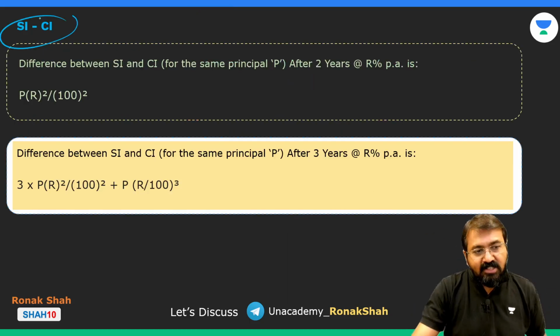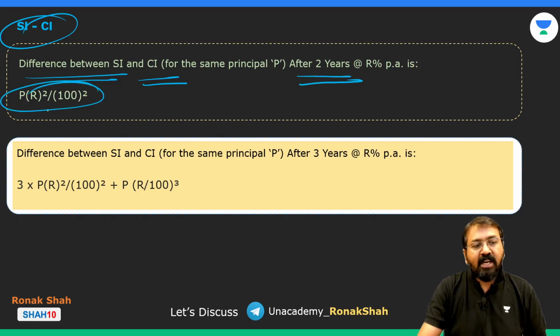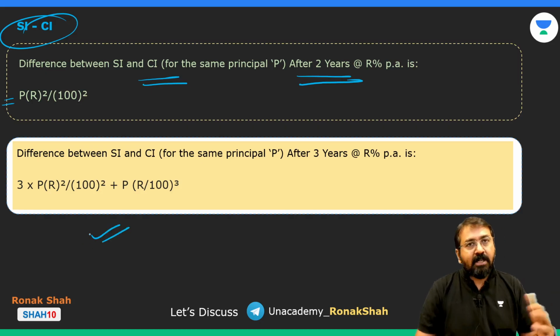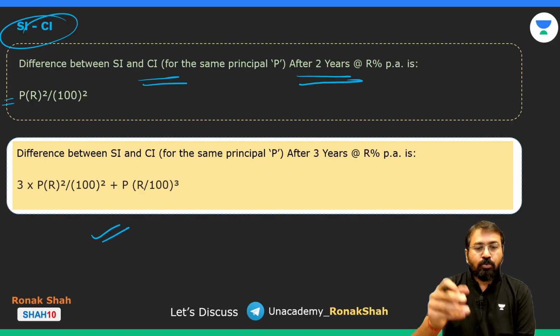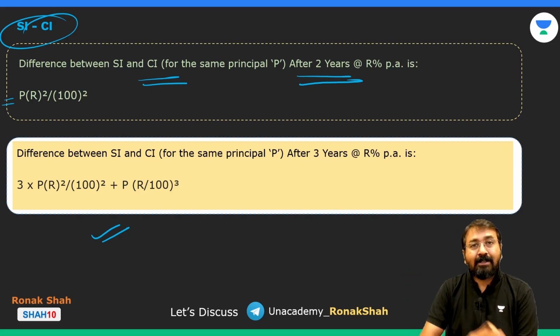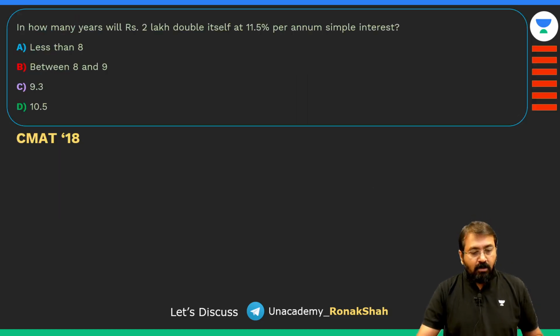अच्छा एक और चीज याद रखनी है, ये बहुत बार आ चुका है, डिफरेंस बिटवीन SI एंड CI आफ्टर 2 इयर्स। तो ये फॉर्मूला है कि डिफरेंस इज इक्वल टू प्रिंसिपल इंटू आर स्क्वायर अपॉन 100 स्क्वायर। ये 3 इयर्स वाला कभी आया नहीं है, बट आप चाहो तो सेफ्टी के लिए याद रख सकते हो, अगर कभी आ गया तो आप सीधे कर सकते हो। तो उसका भी फॉर्मूला मैंने दिखा दिया, ठीक है? आप कितने बादाम खाते हो उसके ऊपर डिपेंड करता है आप कितने फॉर्मूले याद रखोगे, सो इट्स कंप्लीटली अप टू यू।